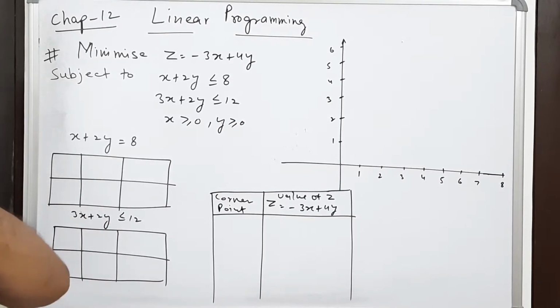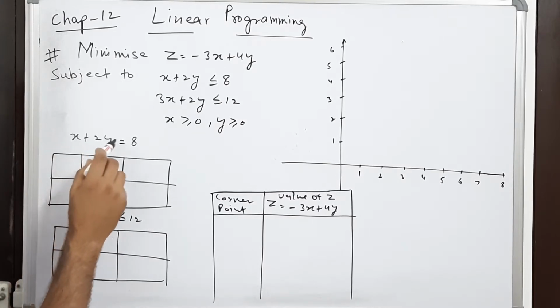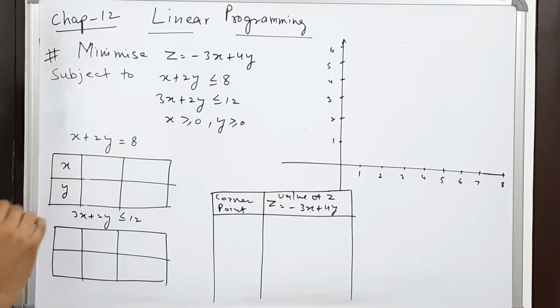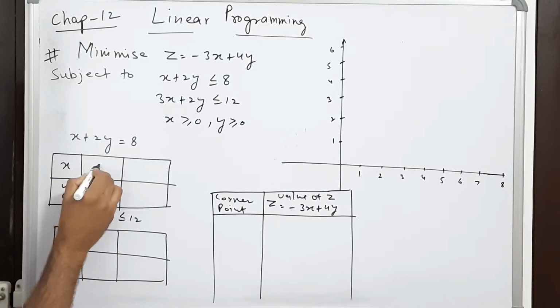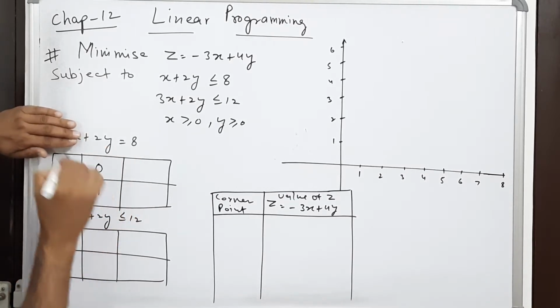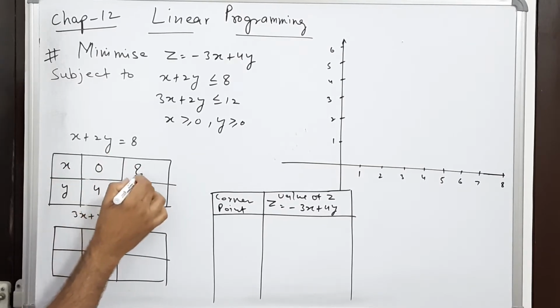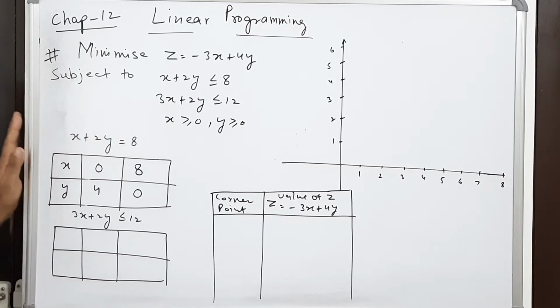So first, we will draw the graph of x plus 2y equals 8. Here I am taking x and here y. You have already read this in class 11th, chapter 6, linear inequations. So we will put x equals 0. As you put x equals 0, the value of y will be 4. When you put y equals 0, the value of x will be 8. See, y equals 0 means this part will be 0, so directly x equals 8.